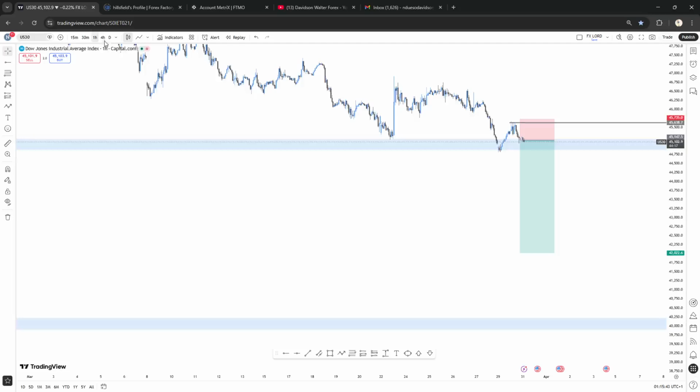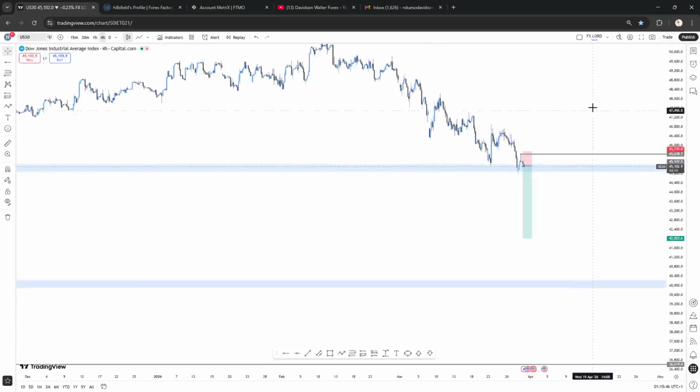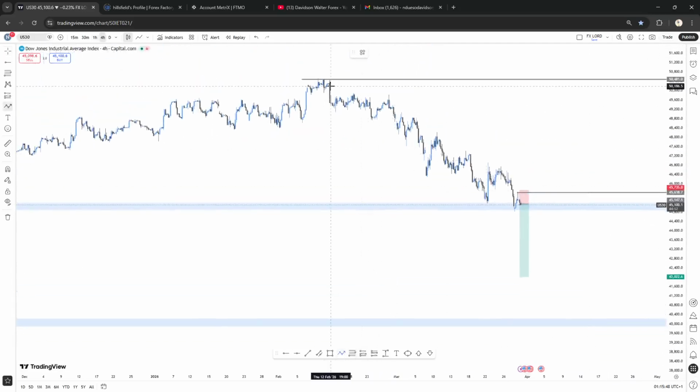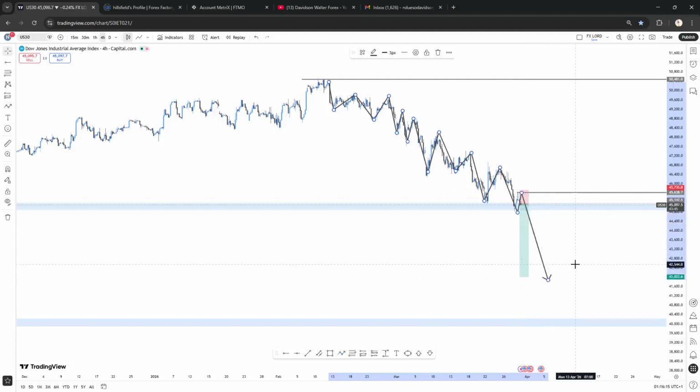So looking at this, you can really tell the market is always creating the same thing. It came from this level, and it's creating the same thing: a higher low, this is like an equal high, a lower low, a lower high, a lower low, a lower high, a lower low, a lower high, a lower low. So it's just correction, continuation, correction, continuation, correction, continuation. The market is always doing the same thing.